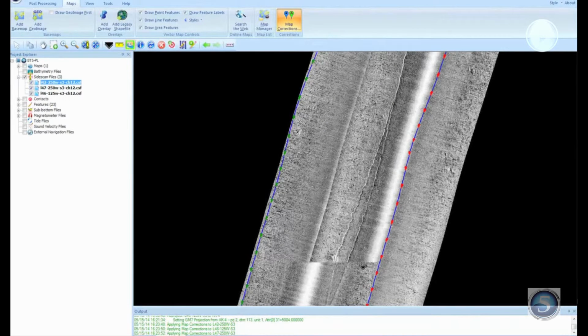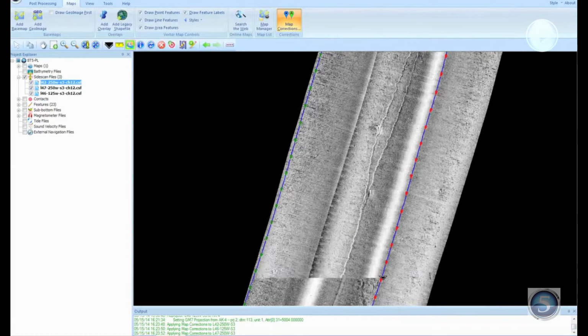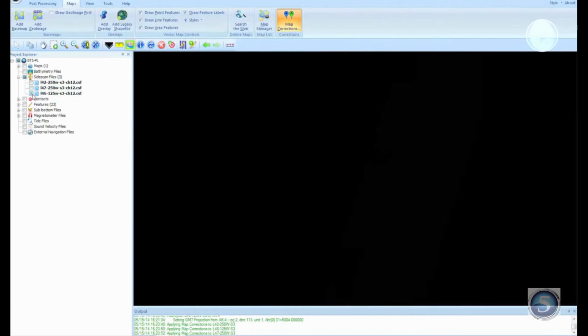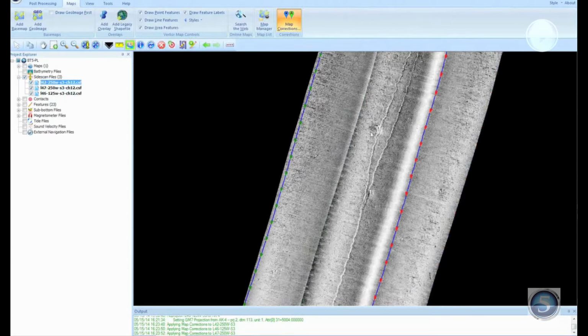See, they match up quite a bit better there now. Actually go ahead and just turn these off. Look at that. So that's what you do if all you have is side scan data, is shift them all to make the